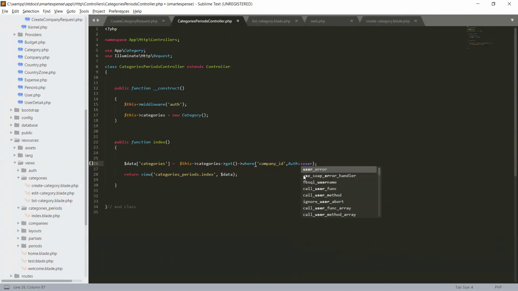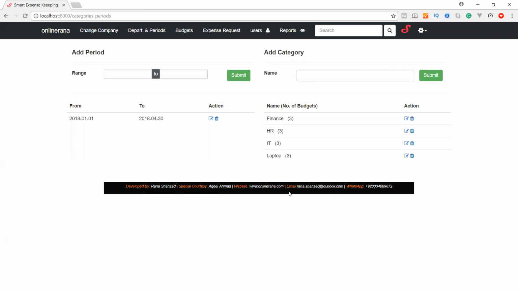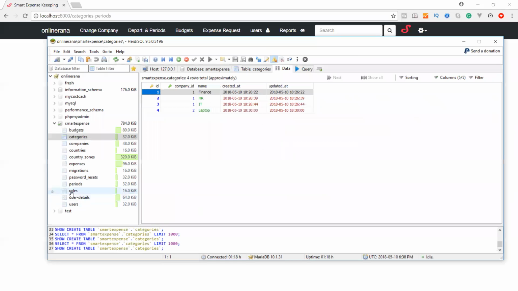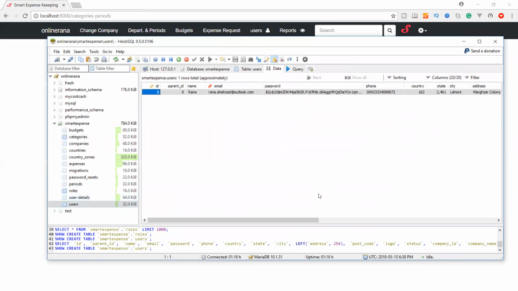So the currently logged in user, and the user's company ID. This company ID will come from this users table, and will be this company.